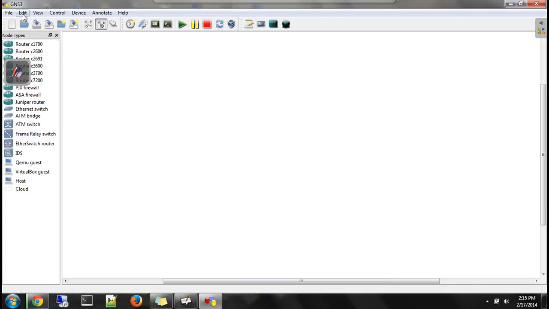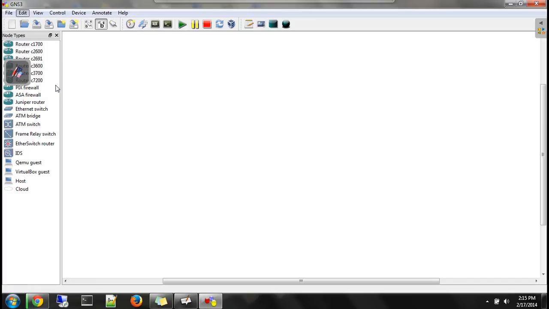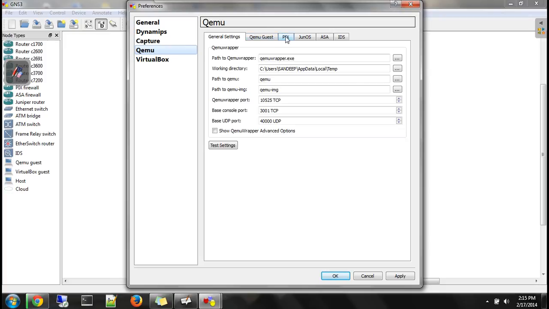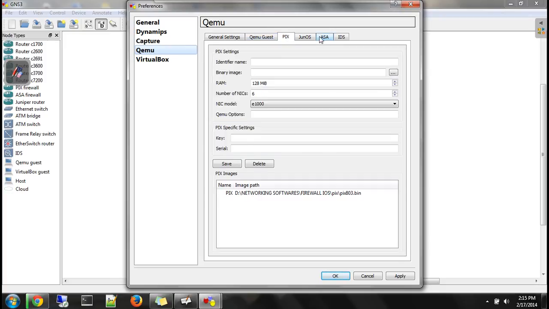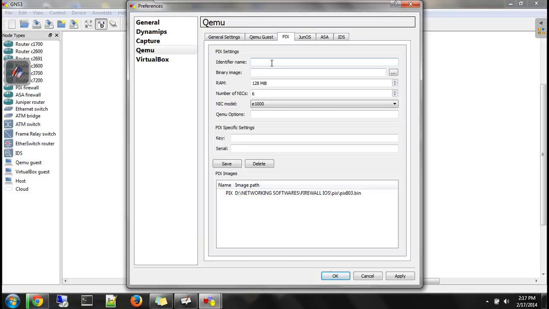So for this you need to open up GNS, come to edit, come to preferences, under preferences come to Qemu, go to PIX or ASA. Come to this page, give some name here, say like PIX.